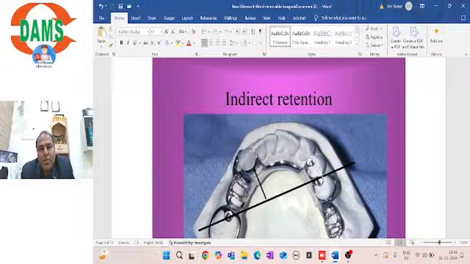After refractory cast, you can dip it in the beeswax so that the wax pattern will stick to it, and then you go for the wax pattern fabrication on the refractory cast. Then you do spruing. Okay, the spruing, then investing, then burnout, then the casting with the help, if you are doing a casting of cobalt chromium, or you can do milling with the help of titanium. Okay, and then you go ahead with